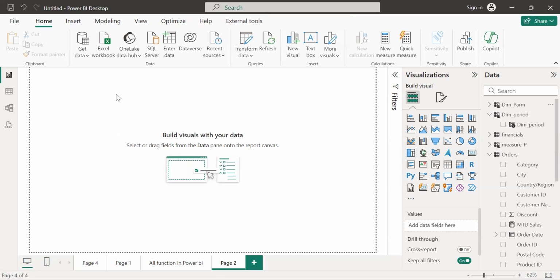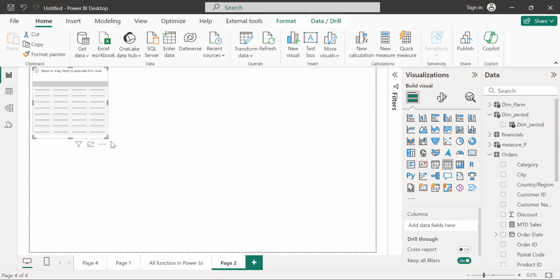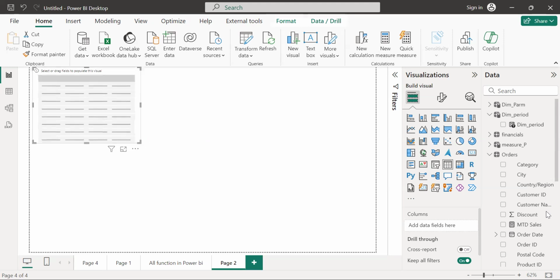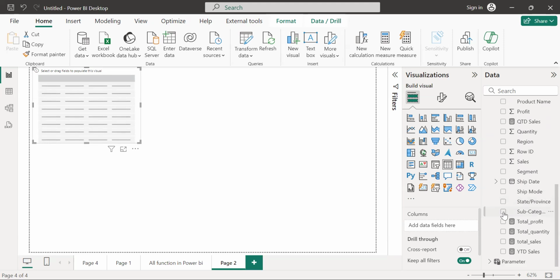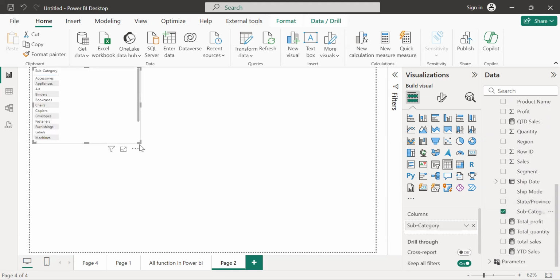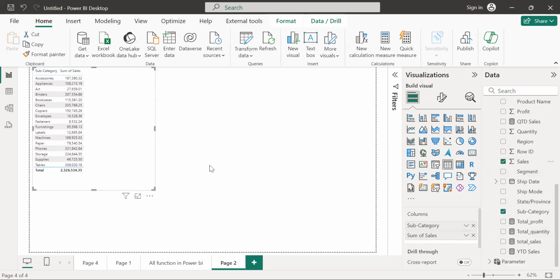he shared a desktop, his machine with Power BI, and gave me access and asked me to create a visualization. It's a table view, suppose. So let me drag the dimension field and measure field. Suppose I have a subcategory. He asked me to drag the subcategory and sales. So now